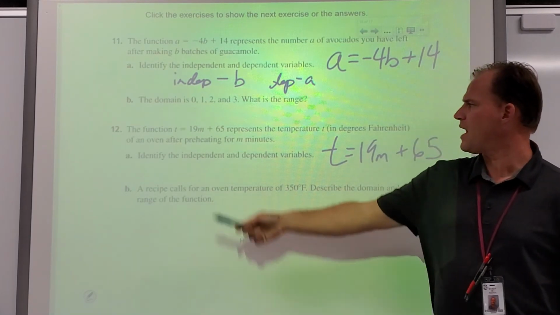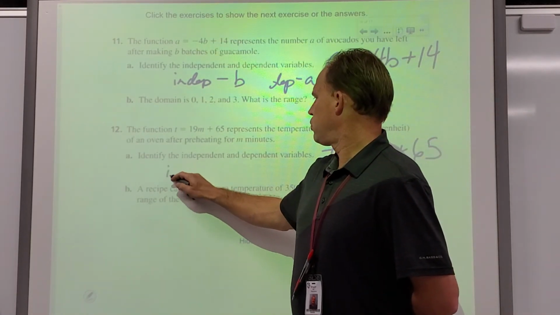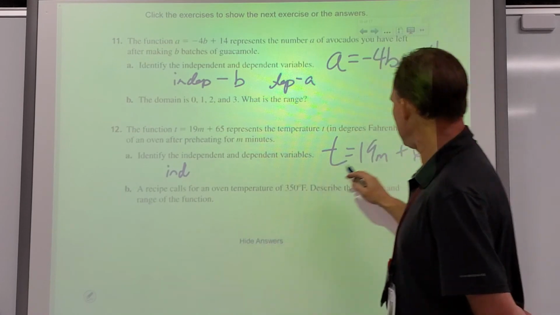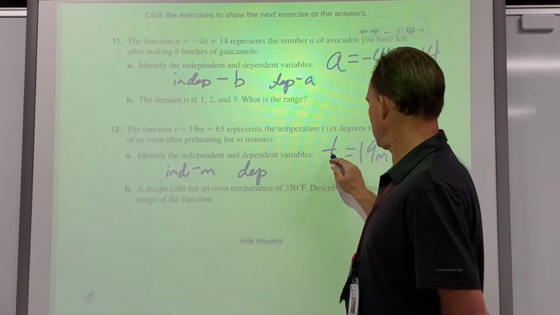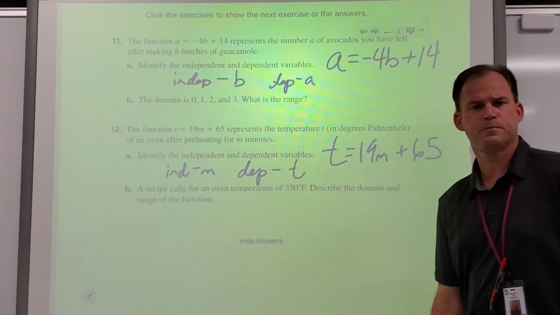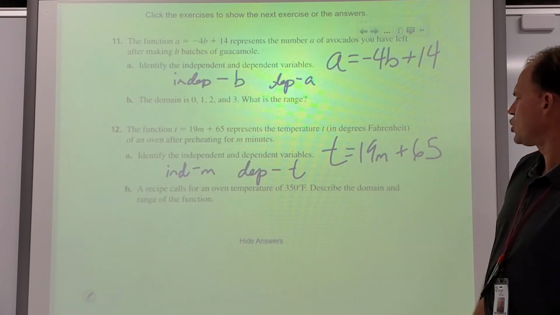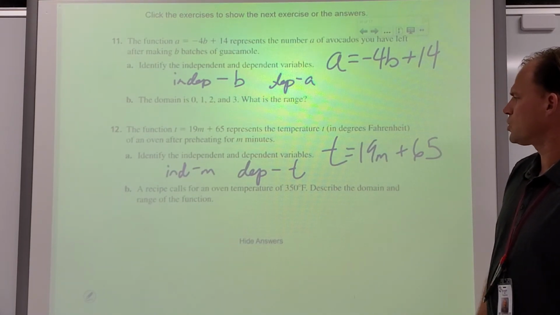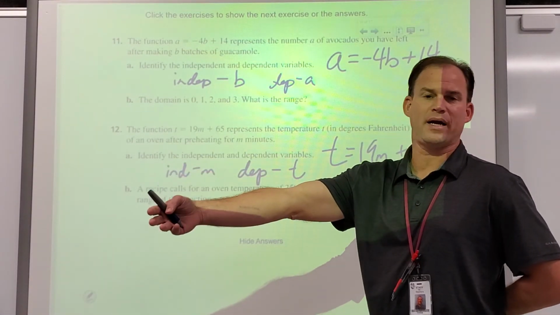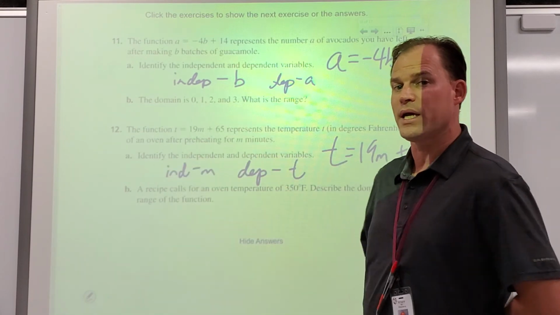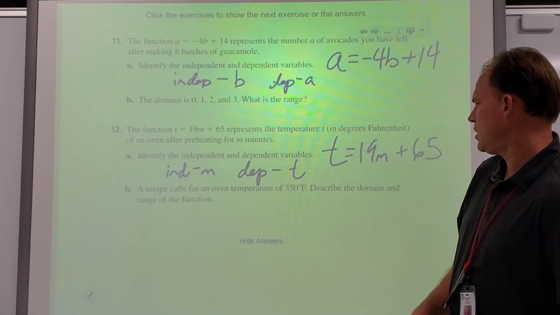19m plus 65. Identify the independent and dependent variables. The independent, M. Dependent, T. All right, recipe calls for an oven temperature of 350 degrees. Describe the domain and range. So this one's actually asking you to work backwards. It's giving you a final temperature. It's giving you a range, and you need to work backwards to find the